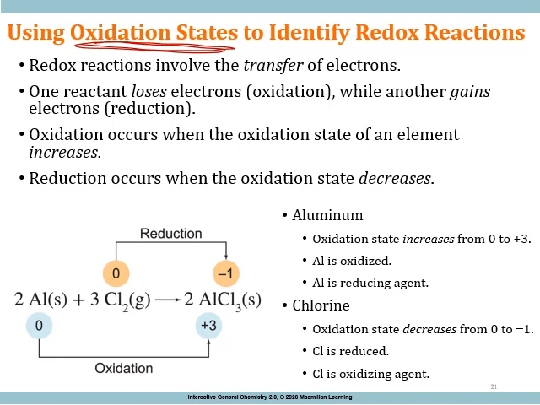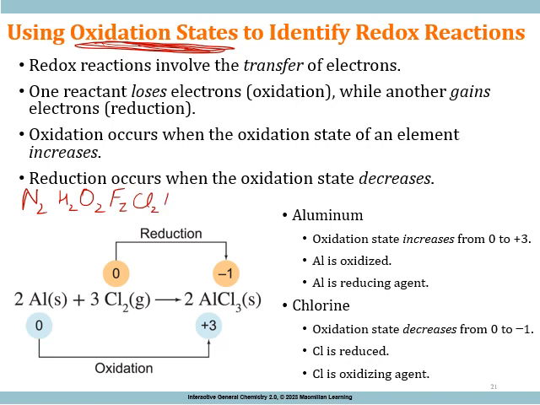Aluminum is 0. Whenever any element is present in its natural state, meaning aluminum is Al, copper is Cu, iron is Fe, when they are present by themselves in their natural state, their oxidation state or charge is 0. So for example, aluminum here is 0. Chlorine here is also 0. Chlorine, nitrogen, hydrogen, oxygen,